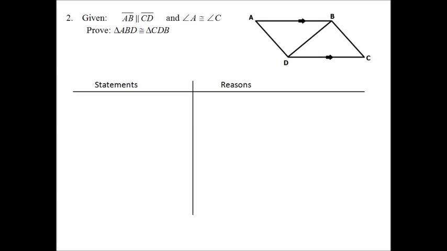So in this example, we are given that the segments AB and CD are parallel and that angles A and C are congruent. And we're supposed to prove that triangle ABD is congruent to triangle CDB. And how are we supposed to prove it? By using one of our congruence postulates or theorems,